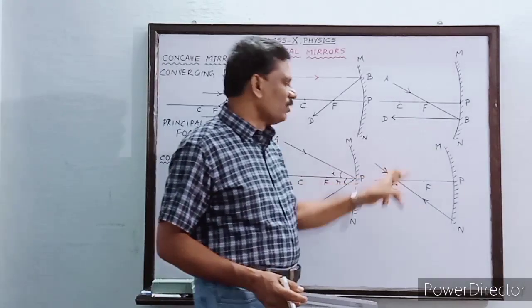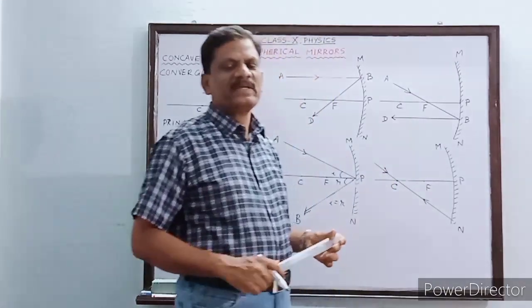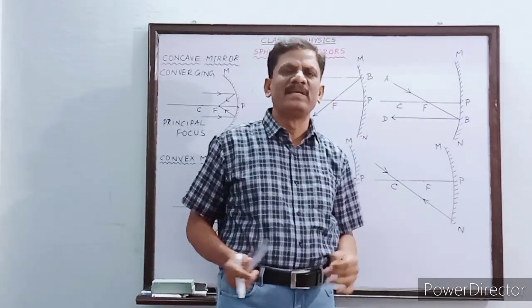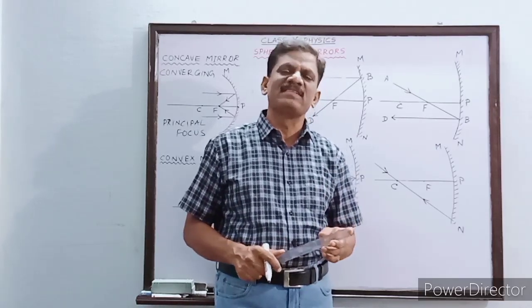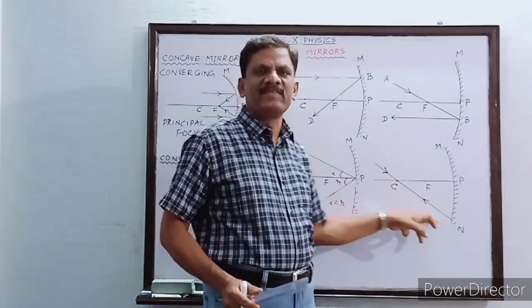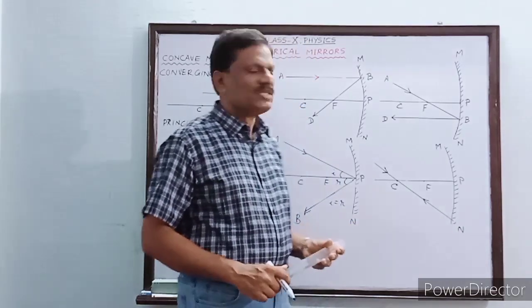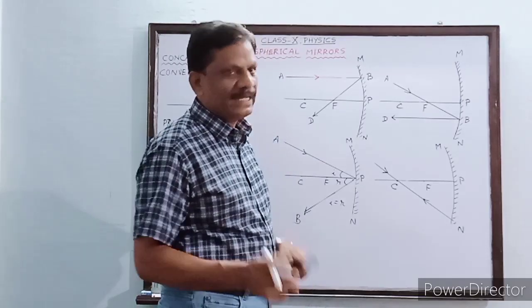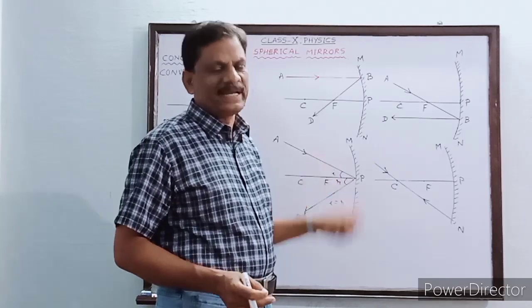And the fourth case is what? When the incident ray passes through the center of curvature. So any straight line drawn from the center of curvature to the reflecting surface of the mirror must be called a normal. Okay? It is perpendicular to the reflecting surface. Therefore, any ray of light passing through the center of curvature will have an angle of incidence equal to 0 degree, so that the corresponding angle of reflection also will be equal to 0 degree. And hence the reflected ray will retrace the same path but in the opposite direction.